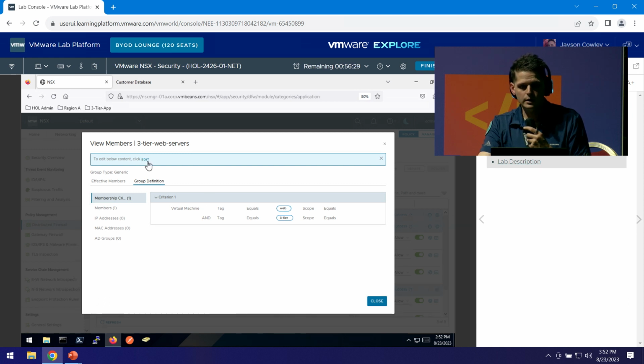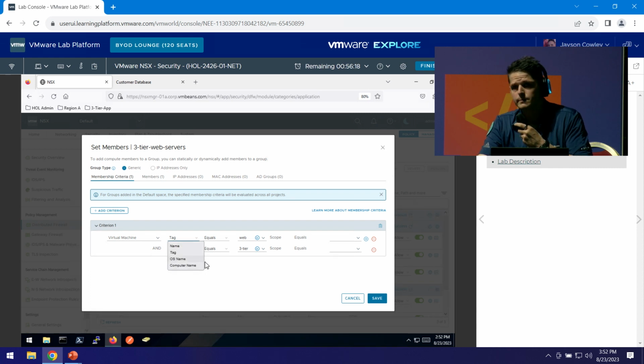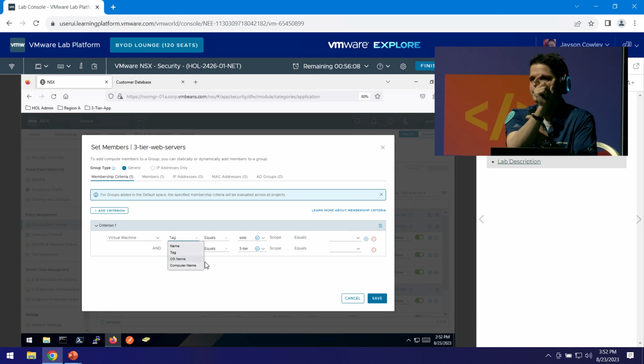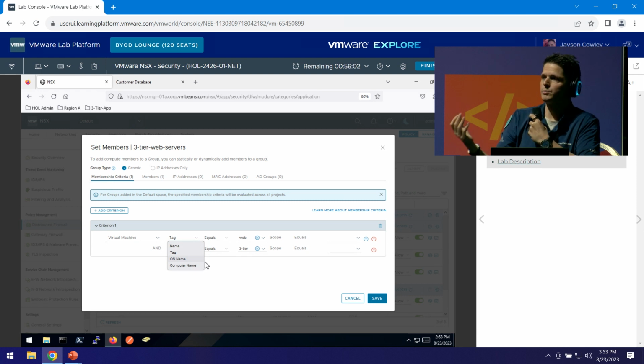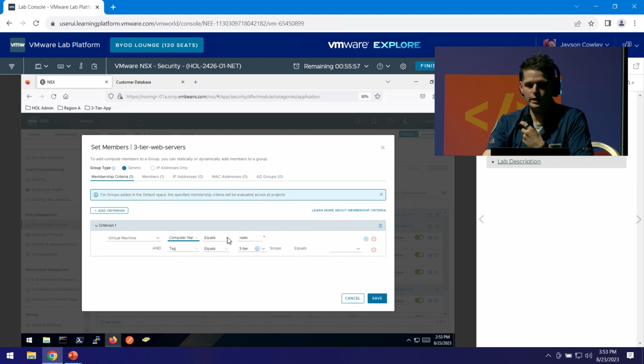You can actually click edit here and see a bunch of the different ways we can do dynamic inclusion. It doesn't have to be tag-based. I know tags aren't always the easiest dynamic inclusion component, so we have other means to do this. You can do something based on operating system, so if you have a whole bunch of Oracle VMs, something like that, or computer name. I have a customer that does everything that, if it's pre-prod, pre-prod is in the name of the virtual machine, and then once it graduates into being a production, that pre-prod naming convention gets deleted, right? So everything pre-prod is automatically found with computer name starts with pre-prod,